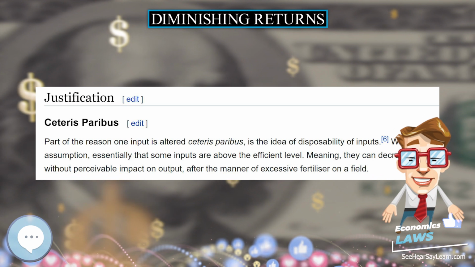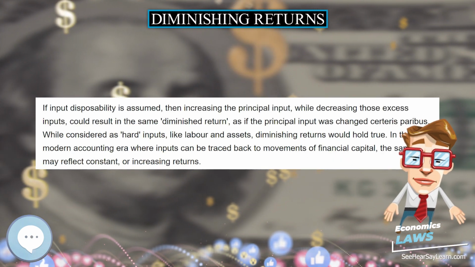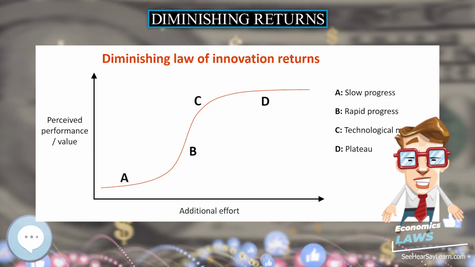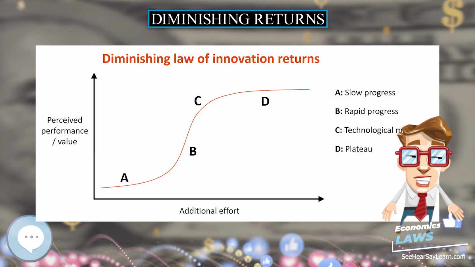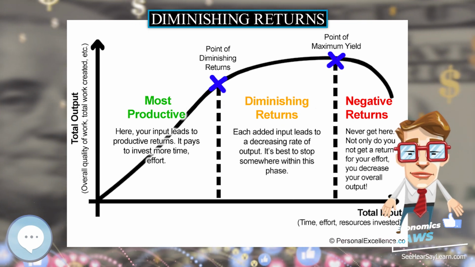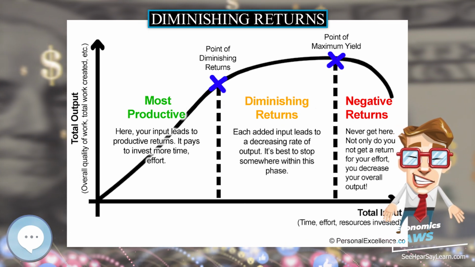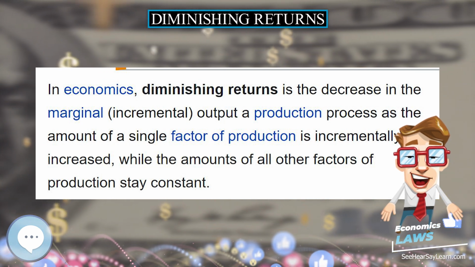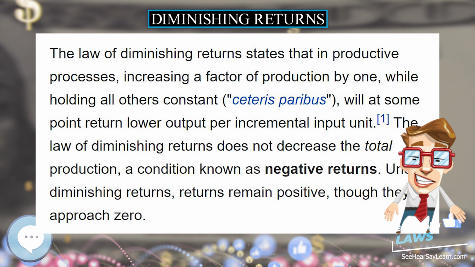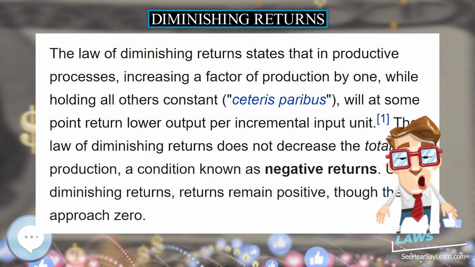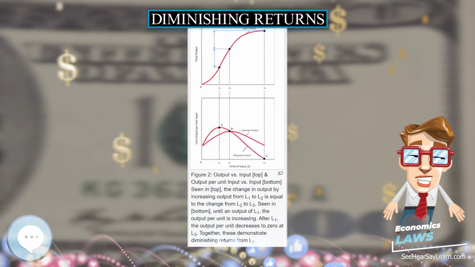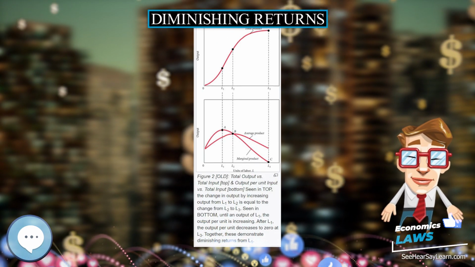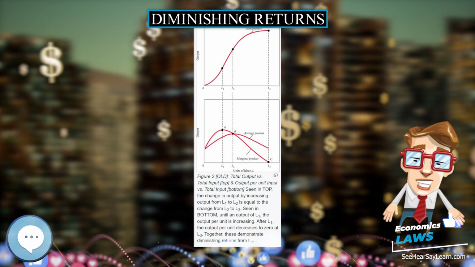Returns and costs. There is an inverse relationship between returns of inputs and the cost of production, although other features such as input market conditions can also affect production costs. Suppose that a kilogram of seed costs $1, and this price does not change. Assume for simplicity that there are no fixed costs. 1 kilogram of seeds yields 1 ton of crop, so the first ton of the crop costs $1 to produce. That is, for the first ton of output, the marginal cost as well as the average cost of the output